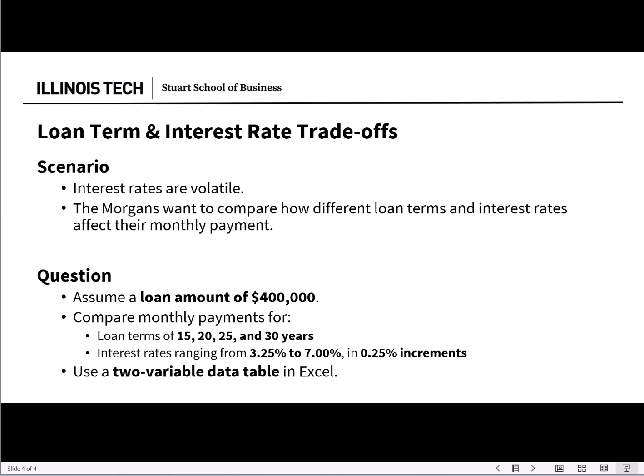In this lesson, we're going to look at loan term and interest rate trade-offs. Specifically, interest rates can be volatile, and so the Morgans here want to compare how different loan terms and interest rates affect their monthly payment. Okay, and so what we're going to look at is we're going to assume they're going to borrow $400,000, and